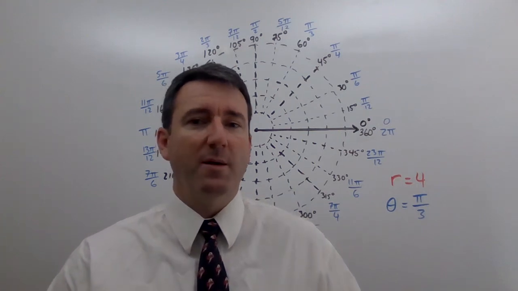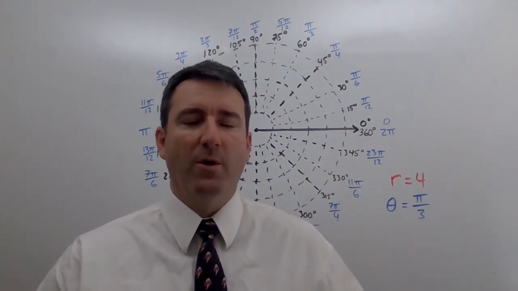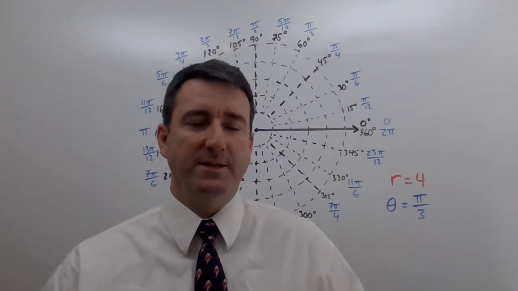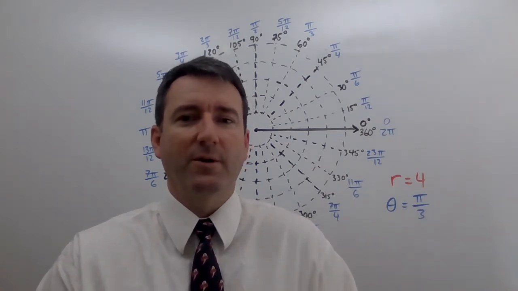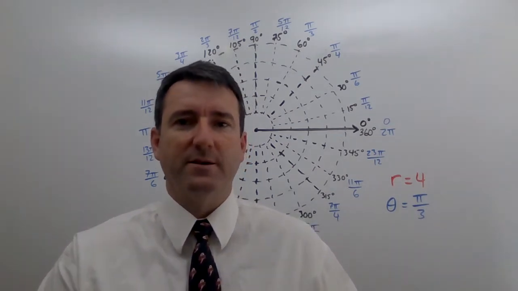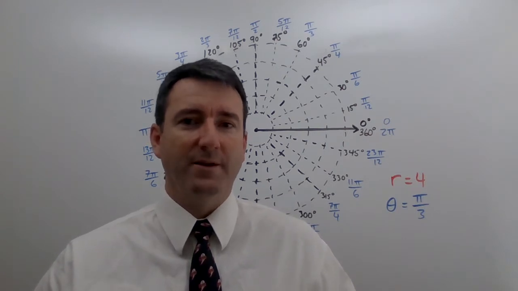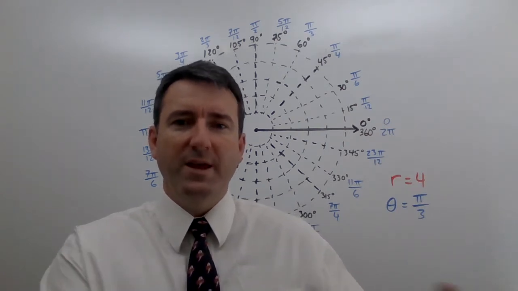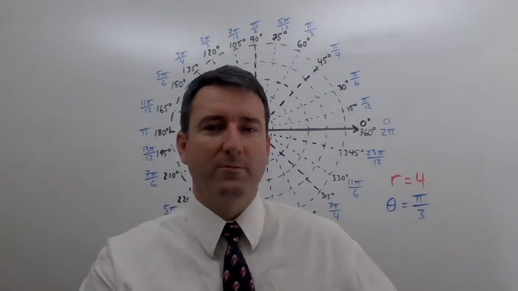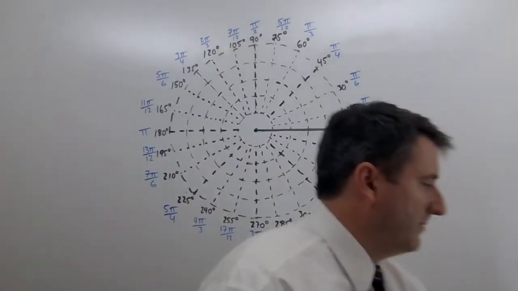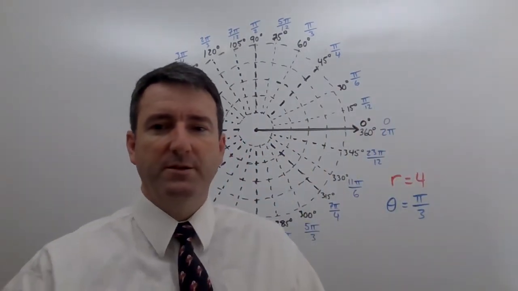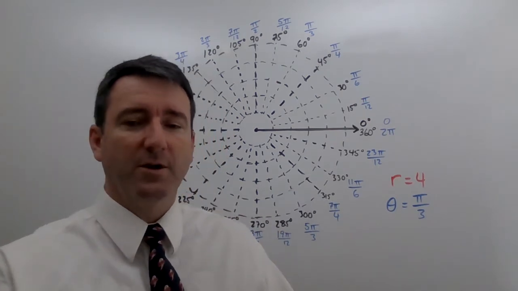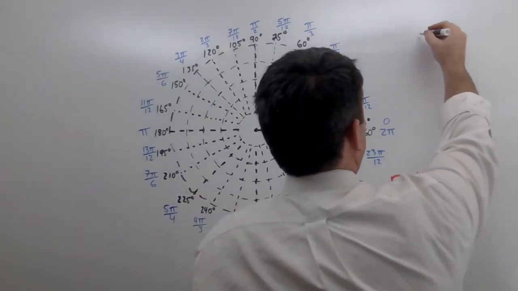Now that we know how to plot points using polar coordinates, we're going to move on to graphing equations. In this lesson, we're going to graph the two simplest equations that we can have in polar coordinates. Thinking back to rectangular coordinates, remember that the two simplest equations that you can graph there would be